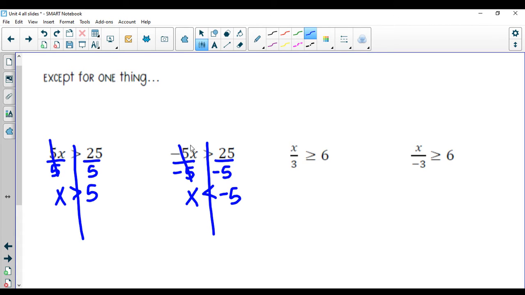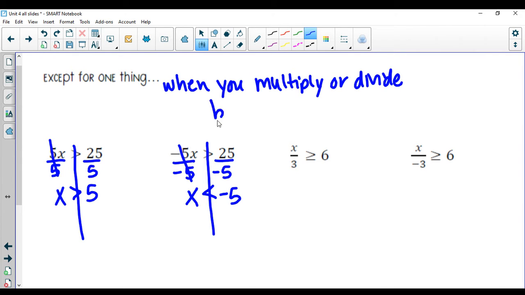The reason being, if you were to plug in a value that would be true, x is less than negative 5, and plug it in here, this would work out. But if you plugged in a value where x was greater than negative 5, for example, 0, you would have 0 is greater than 25, and that doesn't work. So there's one exception. When you multiply or divide by a negative,